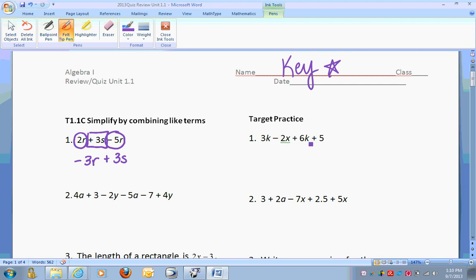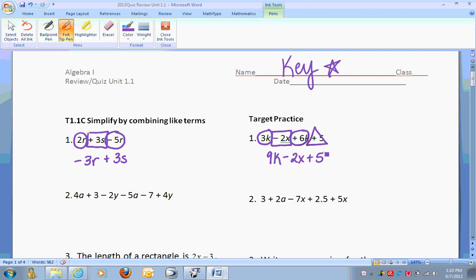Moving on to target practice number 1. I'm going to circle all of my k terms. So I have positive 3k and positive 6k. And then I'm going to box my x terms, negative 2x. Notice I boxed the negative in with it. And then I can put triangles around this constant of positive 5. So I'm going to combine my like terms. 3k plus 6k gives me 9k. And then bring down negative 2x since it's the only one, and my positive 5 since that is the only